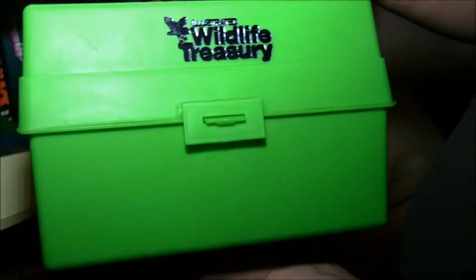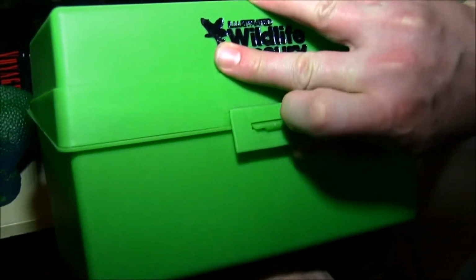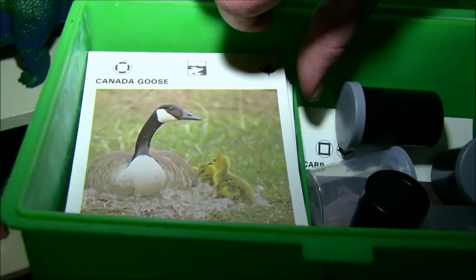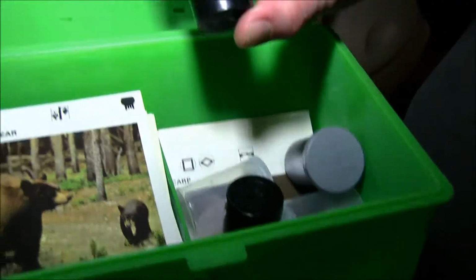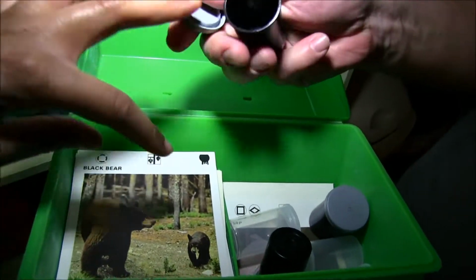For a quarter, scored an illustrated wildlife treasury box in neon green. I think every kid who grew up in the 80s or 90s saw the ads on TV to buy these. That's my favorite. I used to sculpt these. They came with all these little cards with facts about the animals. And for a quarter, honestly, I was really just excited to find these that were also in the box because,